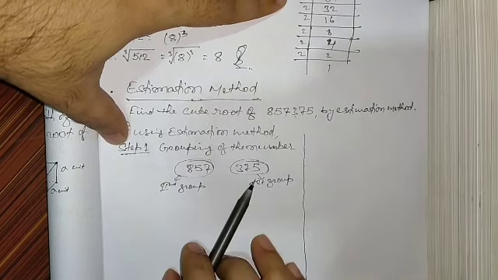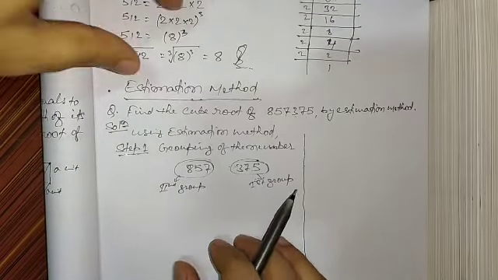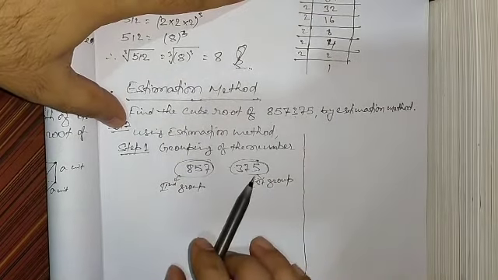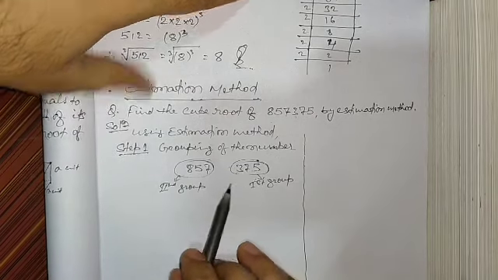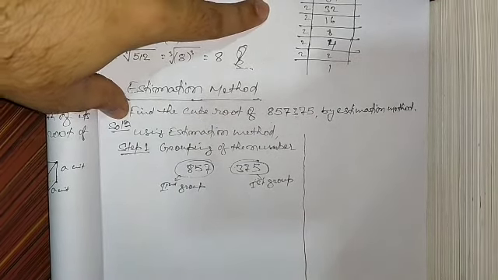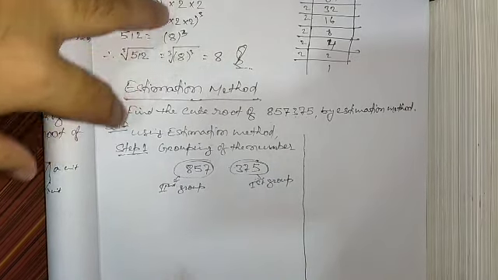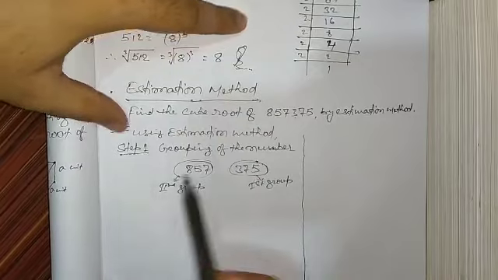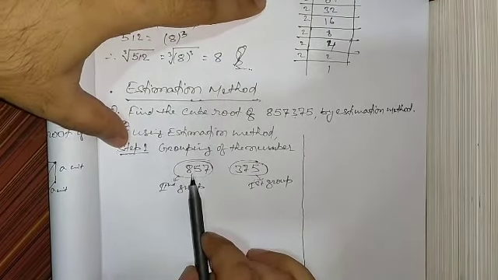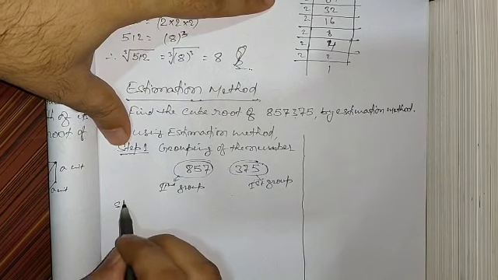So from the first group we are going to get the units place digit of the cube root of the number. And from the second group we are going to get the tens digit of the cube root of the number. So let us start. So step 2, we are going to